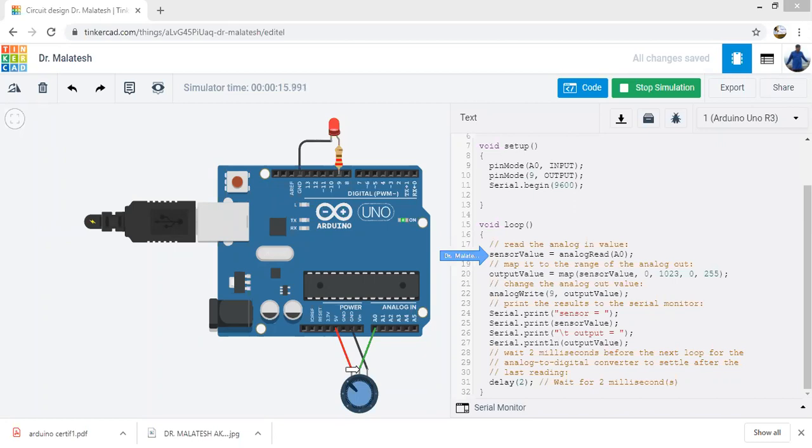Whatever voltage I give goes to A0, and it will be read. So the command to read the voltage from the analog pin is sensorValue = analogRead(A0). The sensorValue is the variable that we already declared and set to 0. In that variable, the analogRead command reads the voltage from A0 and puts that value into sensorValue.